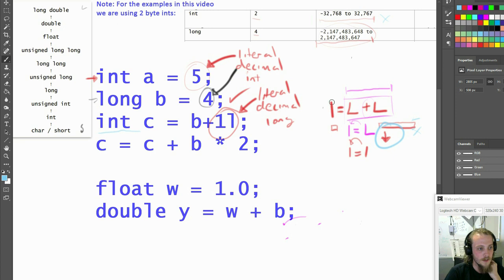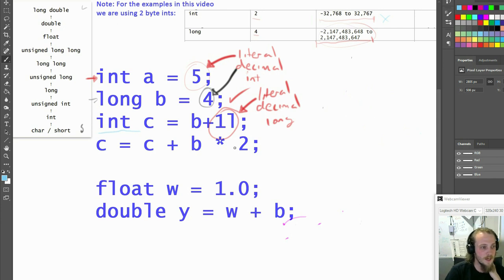All right, now we're gonna have a look at the next example we've got here. So here we've got C becomes C plus B times 2. You'll notice that I'm saying becomes, it's not equals. Get used to that. I know it's hard. All right, here we've got int becomes int plus b's a long times an int. Now, the first thing that's going to be evaluated